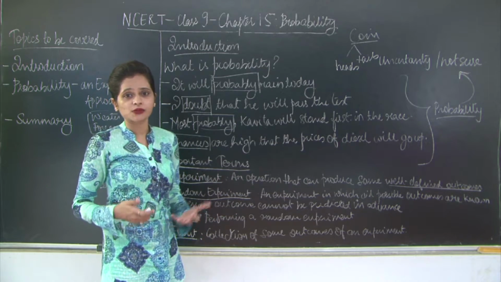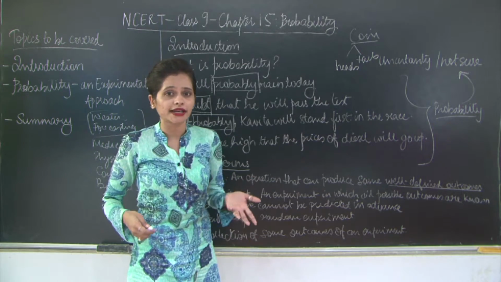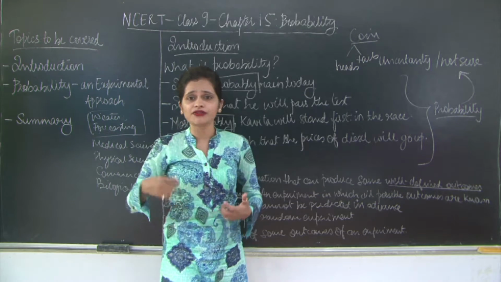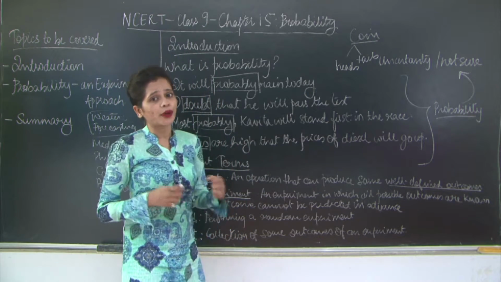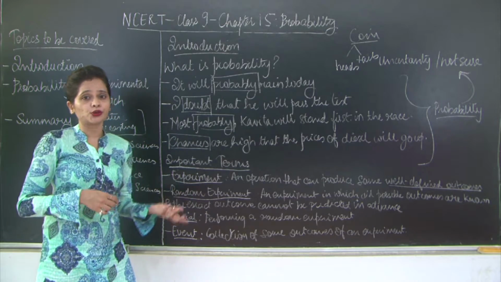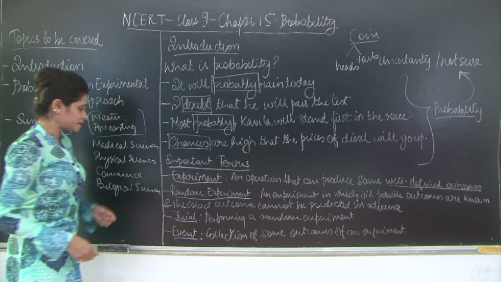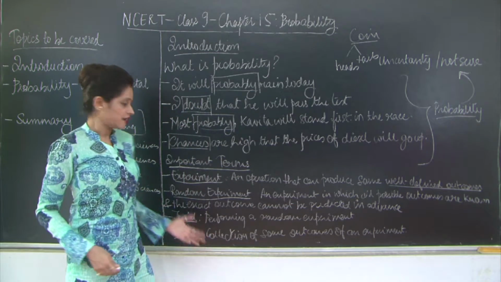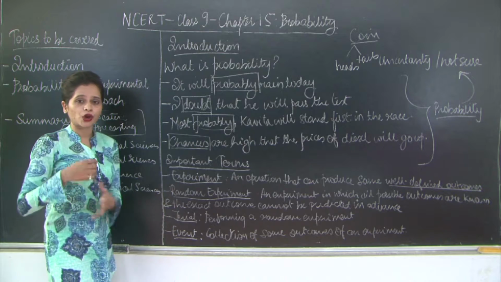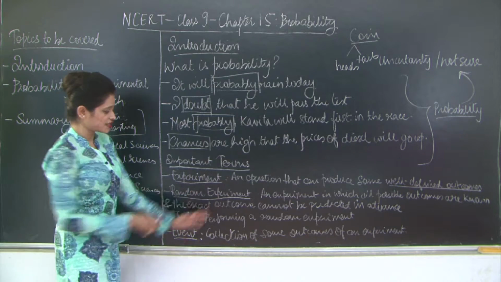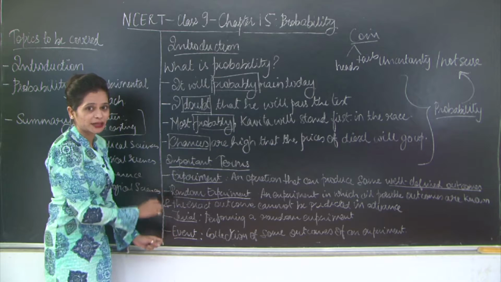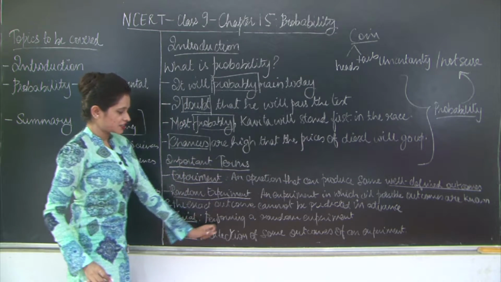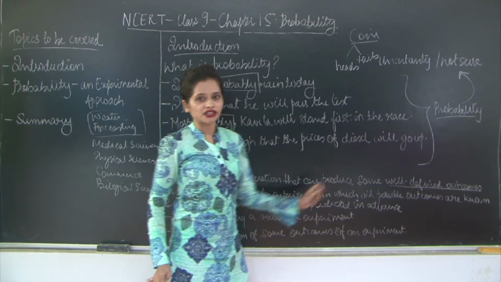Or even if you have a dice which has 6 faces and you're rolling it, the outcomes could be 1, 2, 3, 4, 5, 6. But even if you're rolling it just once, you do not know whether the outcome would be 1 or 2 or 3 or 4 or 5 or 6. Moving on, trial. Performing a random experiment is known as a trial. Defining the outcomes is the definition of a random experiment, but actually performing it is known as a trial.